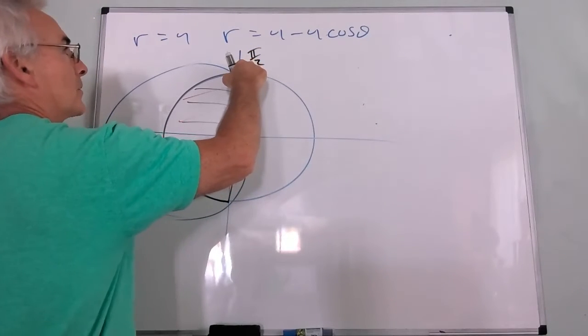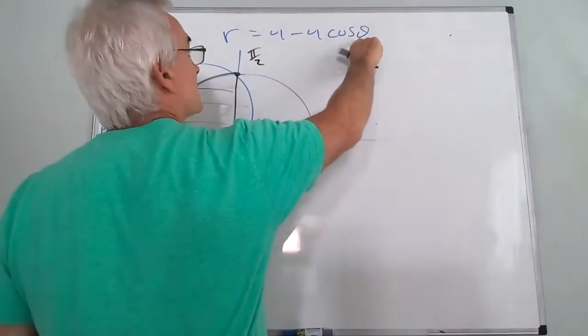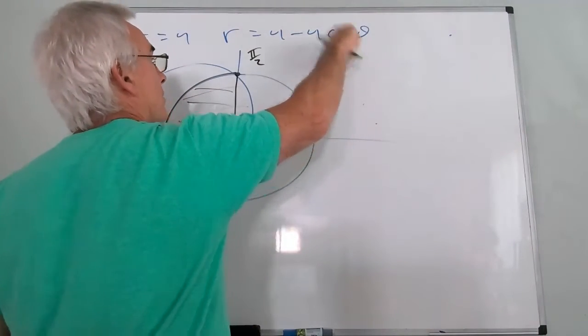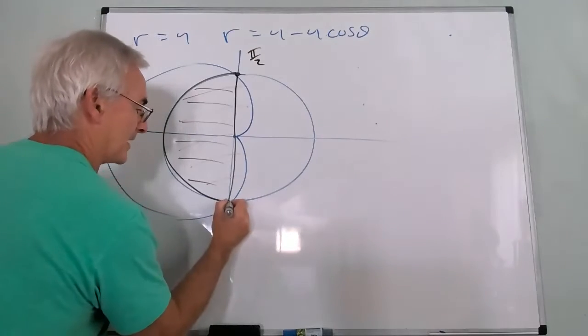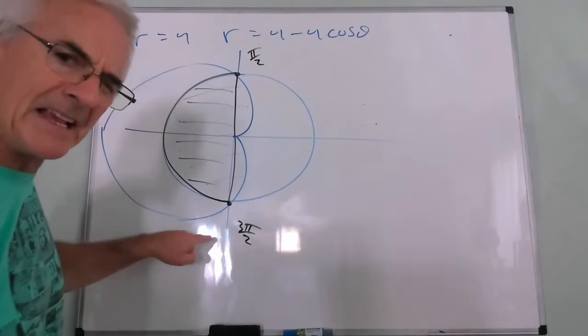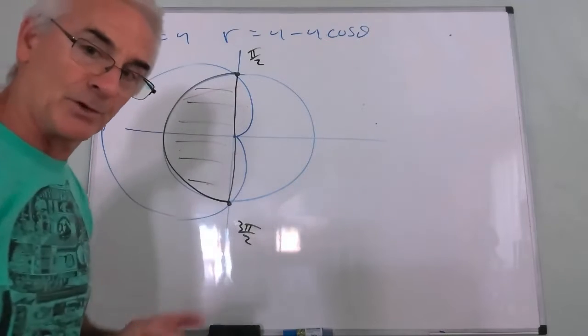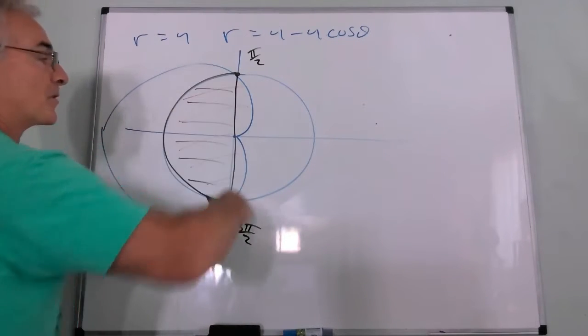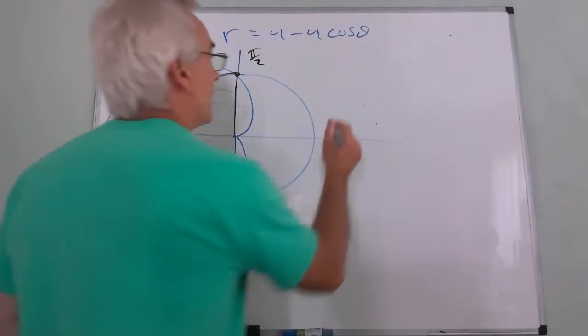That point right there corresponds to an angle of pi over 2. Because pi over 2 on my circle, I'm here, and 4 minus 4 times the cosine of pi over 2 also puts me here. And then I know that one would be 3 pi over 2. You could also call it negative pi over 2, depending on which direction you want to travel. So if I want this area and I want to do it from an integration standpoint, then I would say,